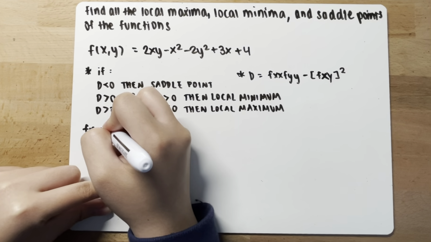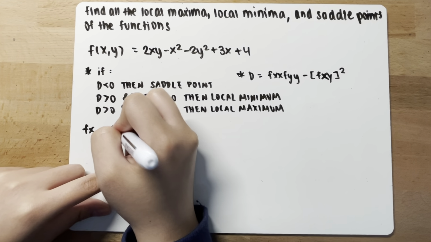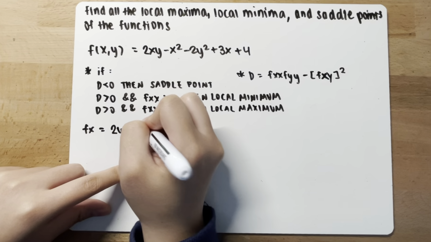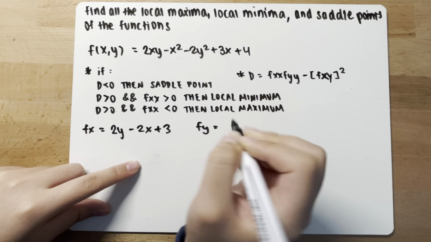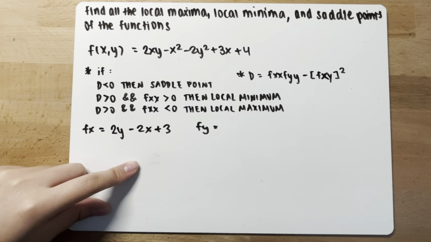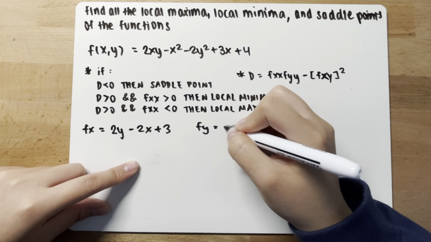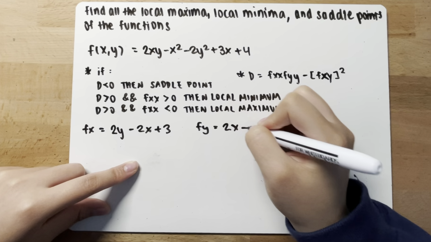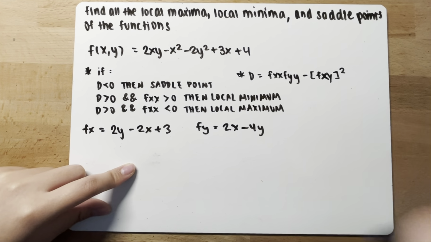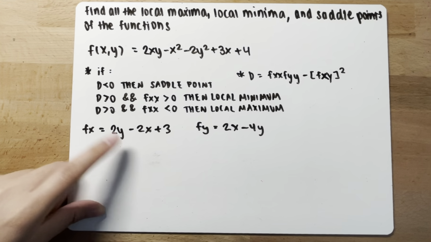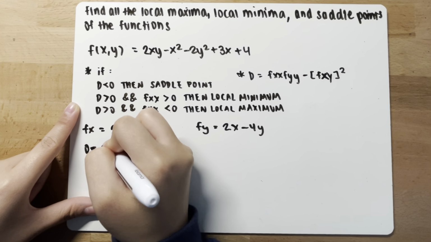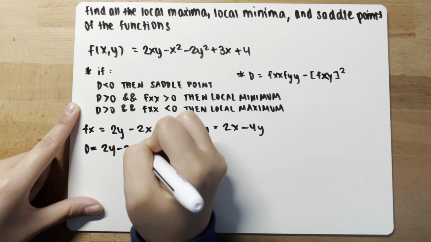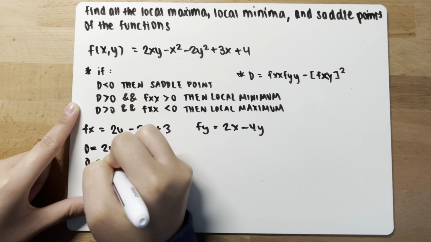You have 2y minus 2x plus 3. Derive this in terms of y. You have 2x minus 4y. Okay, now you want to set both equations equal to 0 and solve for the variables